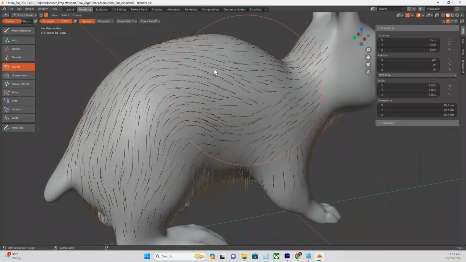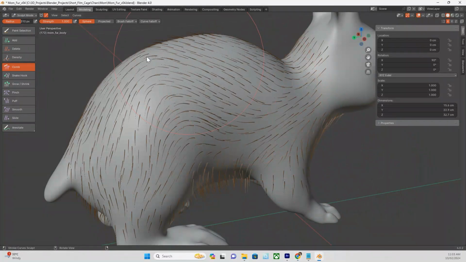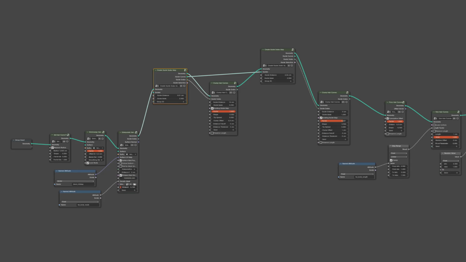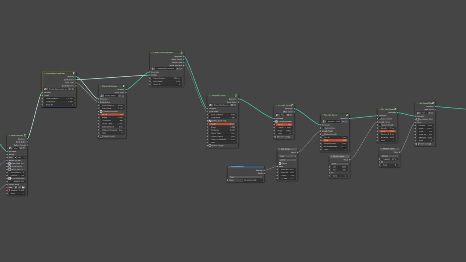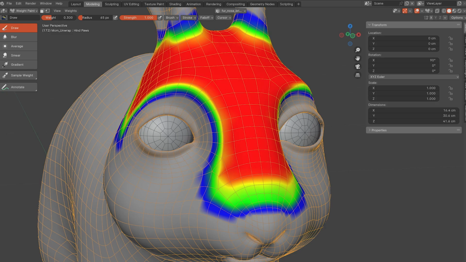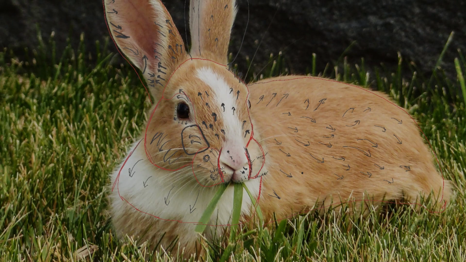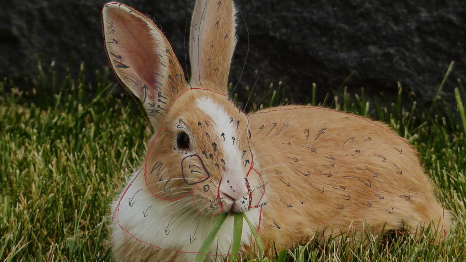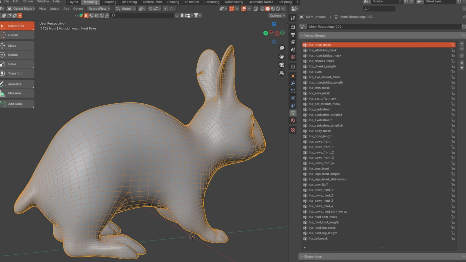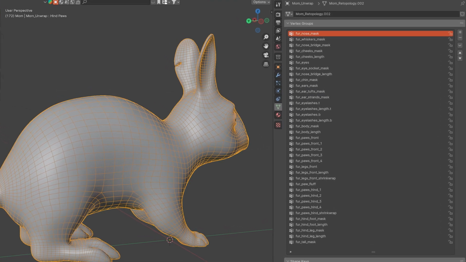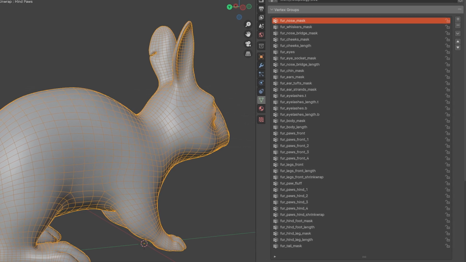The essence of creating fur or hair in 3D is that we create guide curves and then create a node tree that instructs Blender how to interpolate those guide curves into the full system, how dense it should be, how it should clump, length variation, etc. We also weight paint masks that are used to define certain parameters as well. Fur on an animal is incredibly complex and varied, so it took a while for me to get my head around how to even approach it. I ended up separating it into about 25 completely different fur systems that are merged together. These systems all have their own density masks, guide curves, and node trees.